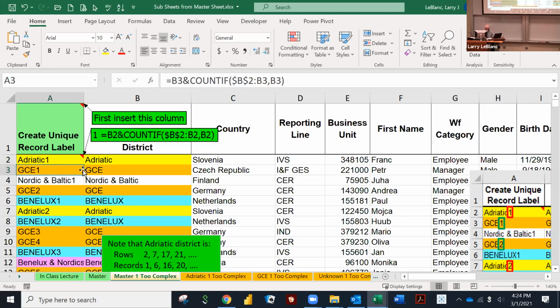The unique identifier of the next record is GCE1 because it's the first occurrence. The unique identifier for the third record in row 4 is Nordic and Baltic 1. The unique identifier for the fourth record in row 5 is GCE2 because we have a previous one. That is guaranteed to create a unique